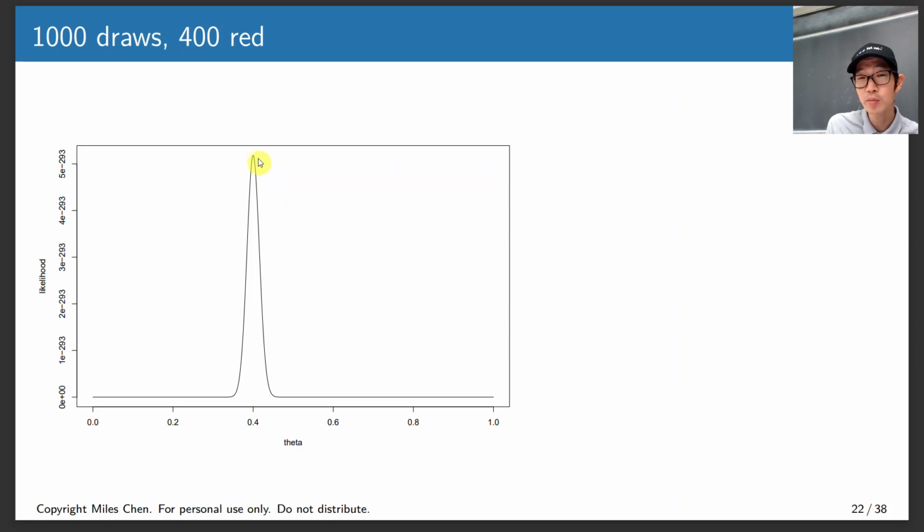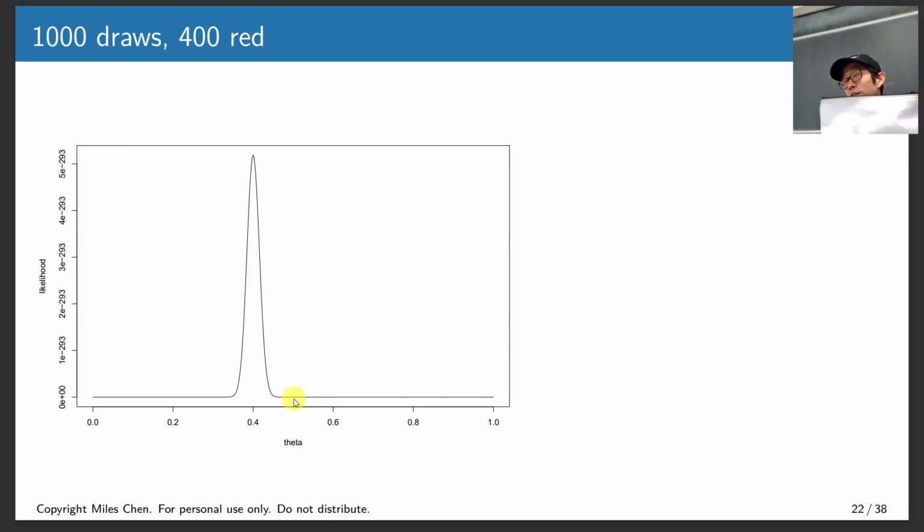The maximum still occurs at 0.4, which makes intuitive sense: 400 red out of 1,000 draws. But we see that there is a sharp point at 0.4, and the likelihood drops off rapidly as theta changes from 0.4 to say 0.42 or 0.43. By the time you get to theta of 0.5, the likelihood is practically zero, indicating that